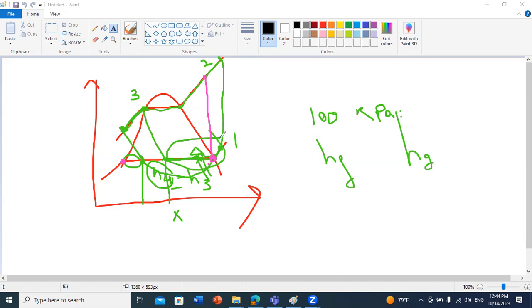So after finding H1, H2, H3, and H4, we can say that if they ask for the COP of the system, COP refrigeration is equal, as we mentioned, to Q dot N over W dot N. So the COP,